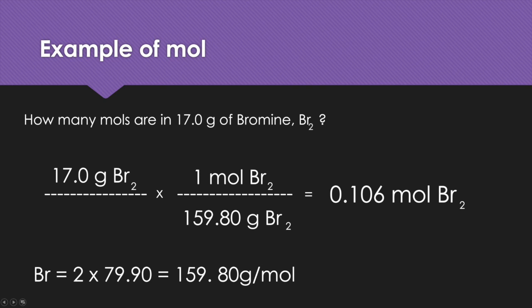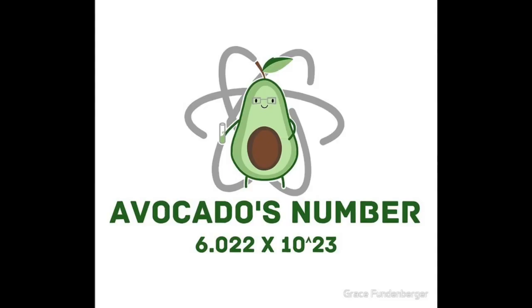So you would multiply across the top and divide by the grams to determine the moles, which is 0.106 moles of Br2. So to do this, first you should have learned dimensional analysis, which is what I just explained about the matching of the units and then knowing what to multiply on the top and how to divide on the bottom. Now we will move on to